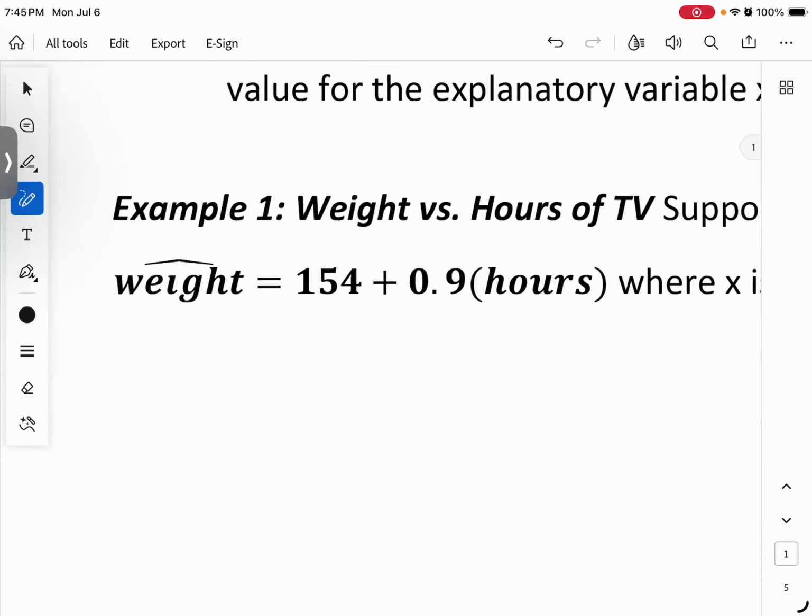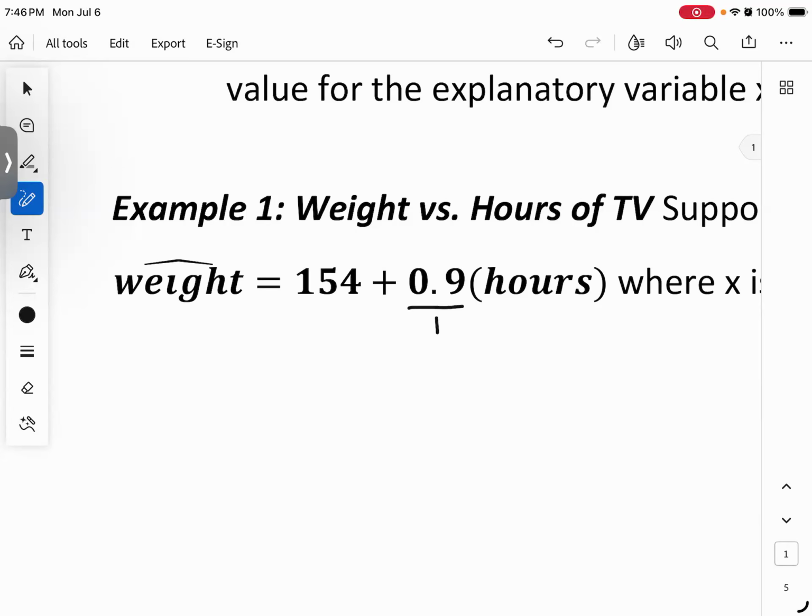Now, here's actually the regression equation, right? This would have come through some observational study. And the two things that we're going to interpret here, first, let's just do the slope, which would be this right here. Now, anytime that you're asked to interpret a slope, here's what I would recommend that you do: